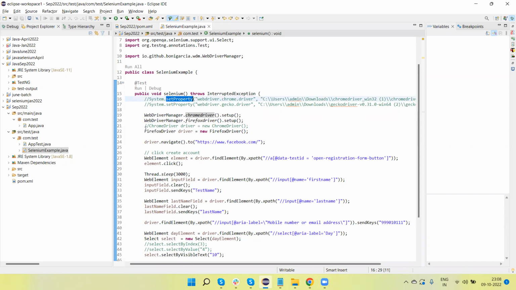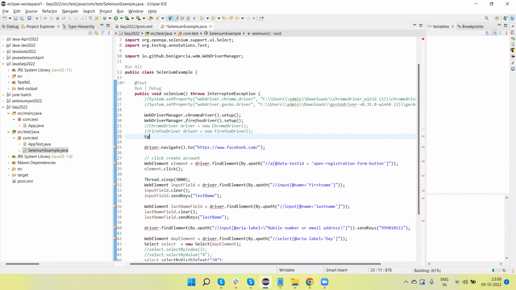Okay, then we can create the browser object. Browser object means if we are using Chrome, then we need to use the ChromeDriver object. If we are using Firefox, then we can create a Firefox object. Just simple. Similarly, if we want to run this on Edge browser, then we can call Edge